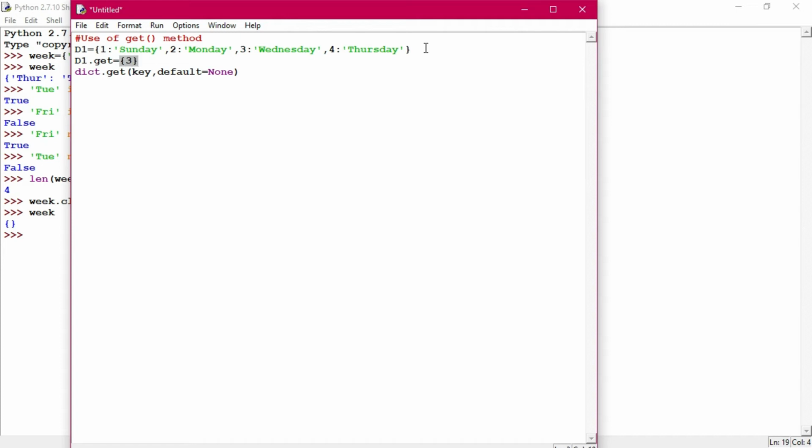All right, d1.get(3). And then we will print d1. I am writing print, and in the brackets d1.get(3).